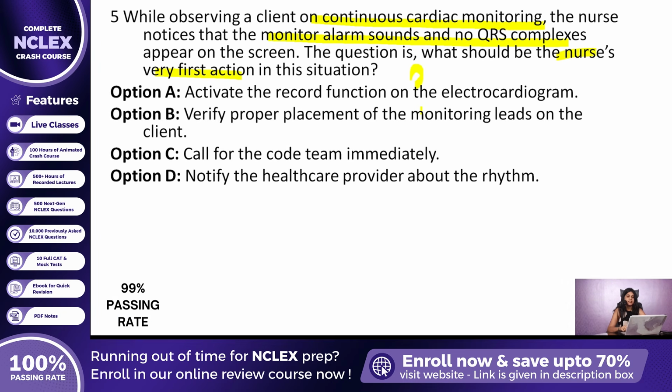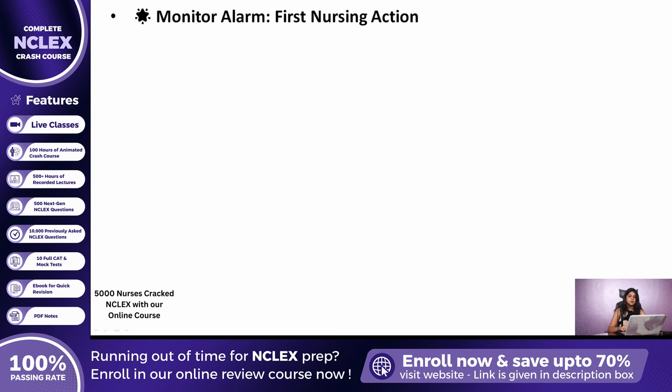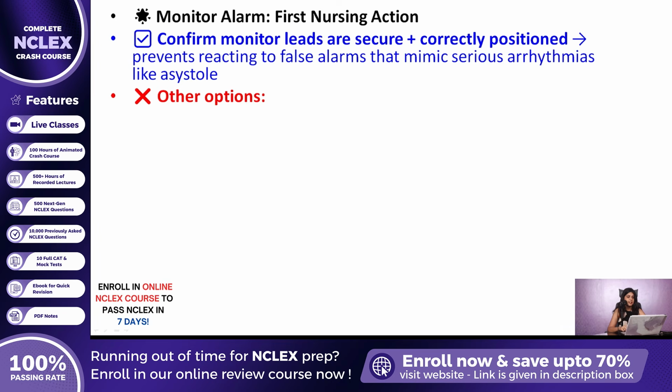Let me walk you through the reasoning. The nurse must first confirm that the monitor leads are securely attached and correctly positioned, because dislodged or loose leads can result in false readings that might mimic serious arrhythmias, including asystole. This critical first step helps ensure that the nurse is responding to an actual life-threatening rhythm rather than a technical error. Option A is not the best response because simply recording the rhythm does not address whether the monitor is